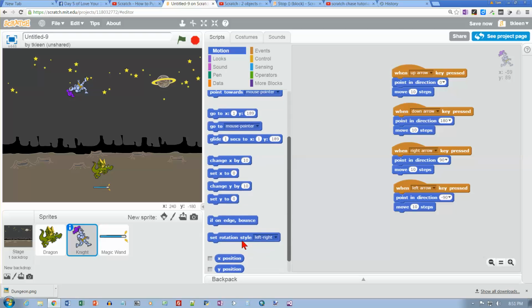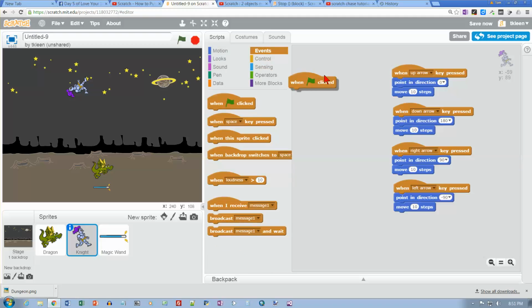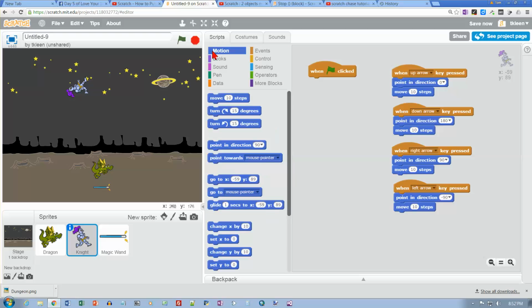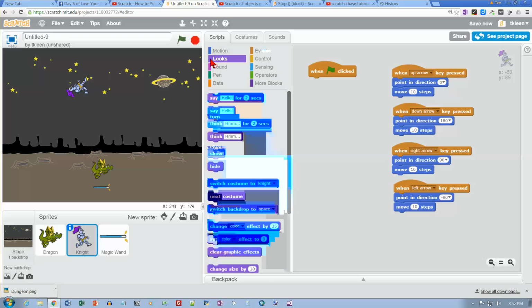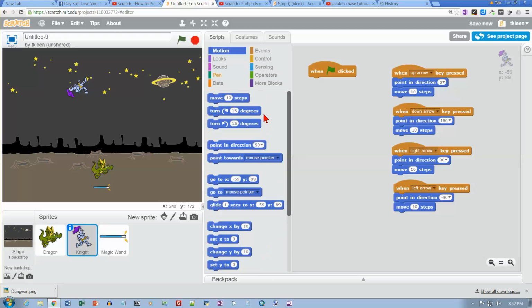the rotation style. So we'll add an event here, and we'll just set a few things when we click on him. So I want to set a couple of things. I want to position him in the starting spot, and I want to set his rotation style. So let's go to looks. I'm sorry, let's go to motion, and I want him to